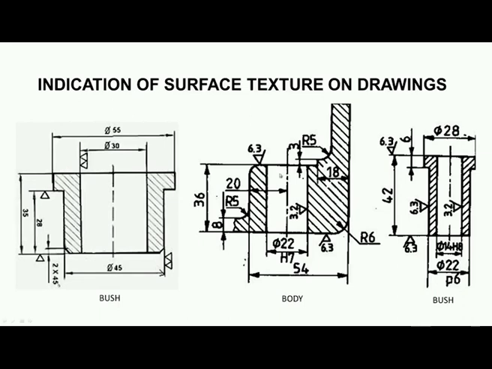Now, you can see here we have a machined hole, you can see the symbol here. So, we have this symbol with a bar, it indicates that the surface is to be produced by machining operation, normally